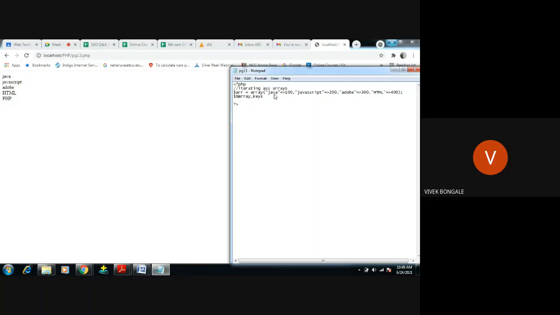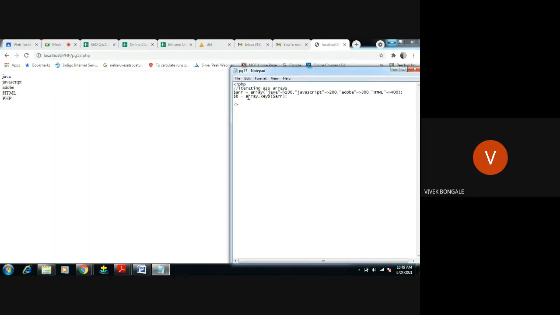I gave a variable like $b. It will load all these keys in the one variable. Which variable is it? Yes, here it is variable $b.